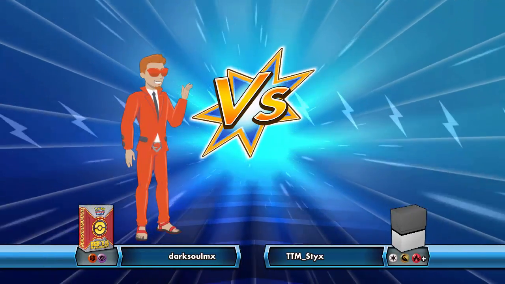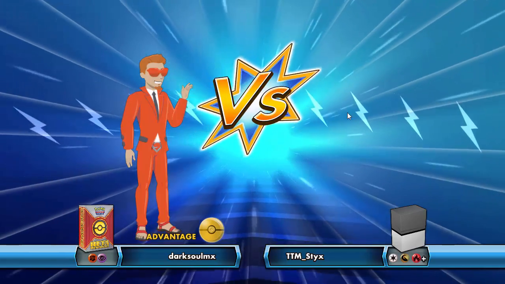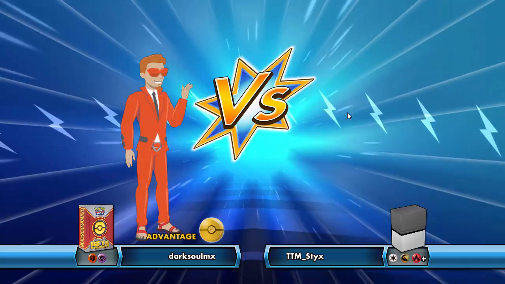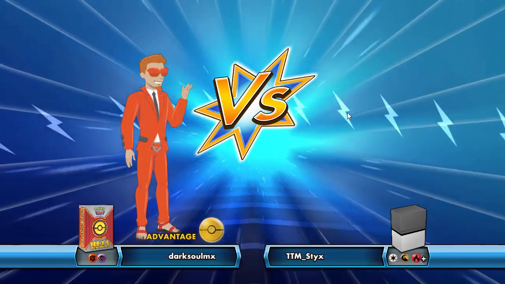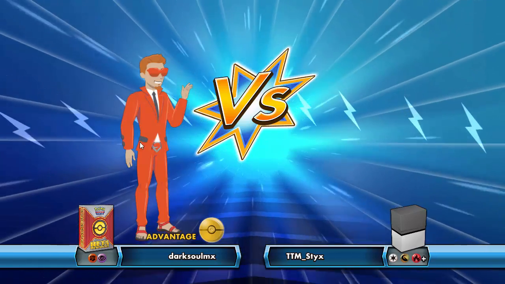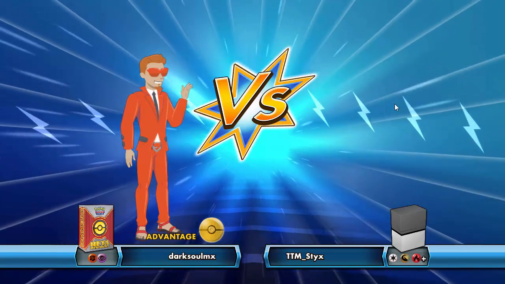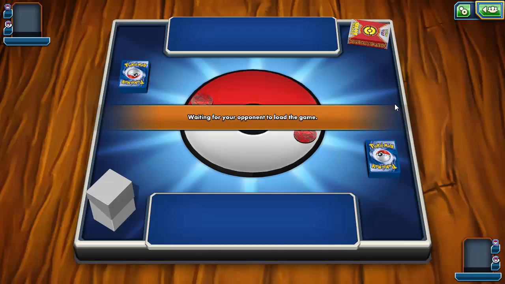Alrighty, we have found one against a Dark Soul MX with a Fighting and Psychic deck, and it looks like my avatar does not exist anymore, meaning that we are going to sit at the screen for a couple seconds while TCGO tries to get its act together, and hopefully we don't time out. I mean, TCGO's just been being really, really weird lately. It's not loading, it's having weird clicking screens on the deck manager, as you saw before, but finally we get